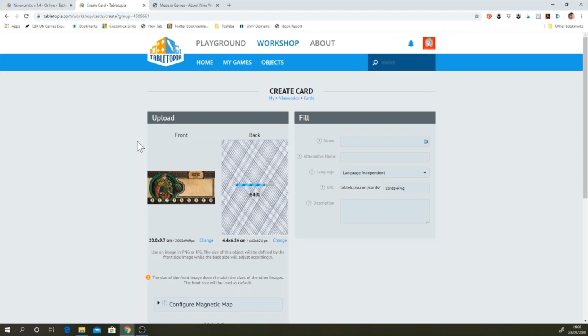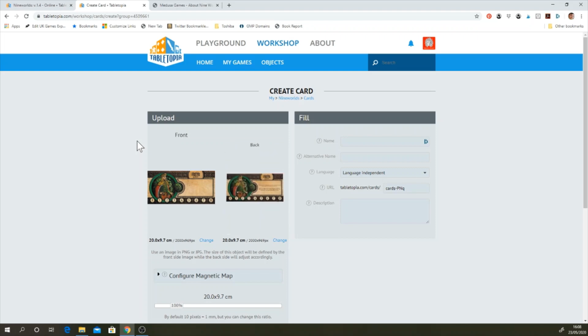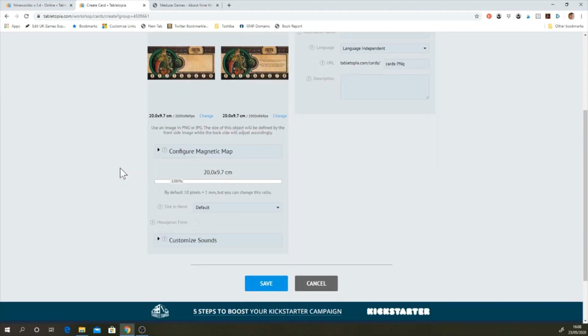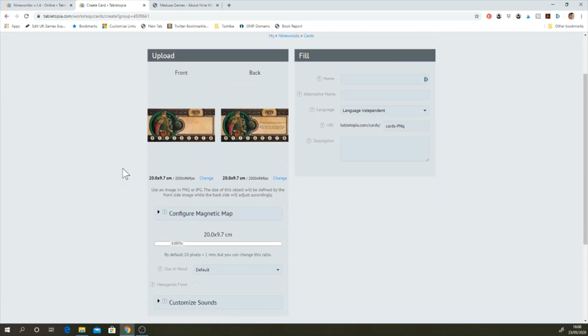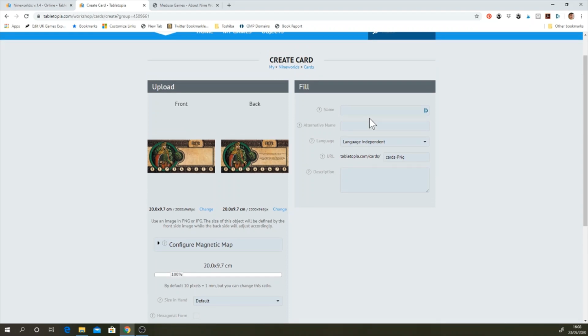Now these you want to have identical sized, and all the cards of a type you want to make sure that they are identical sized, because then they can be created in stacks in the game, and you can handle them as groups of cards rather than individual objects. There's other things you can do with objects, but generally you just need to basically be giving them a name,